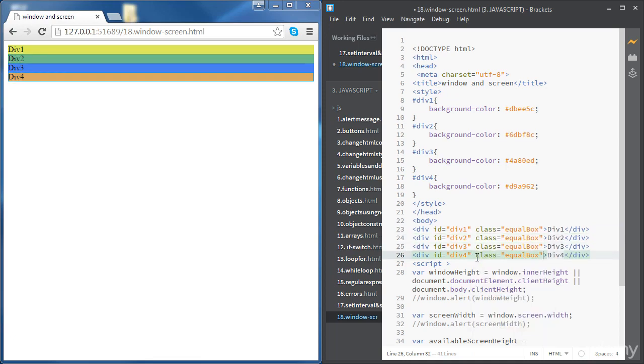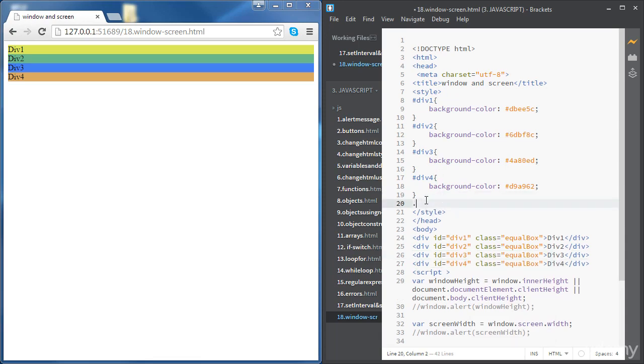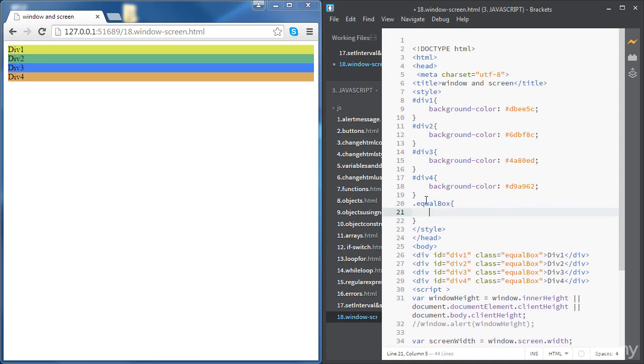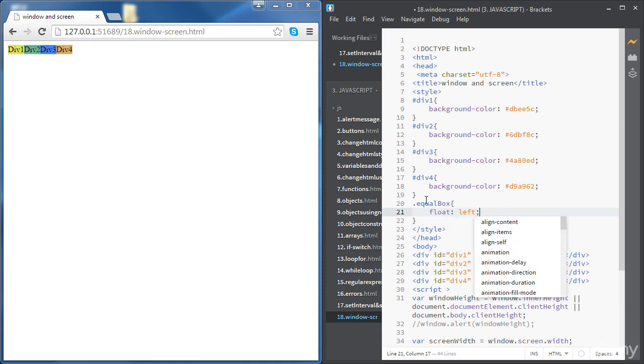All of them, they're going to have the same class. And then we can style this class. So equal box. And we want the float property to be set to left for all of them. Okay. And now we can see that all of them now, they are sitting side by side thanks to the